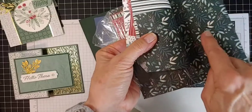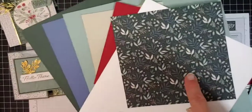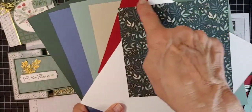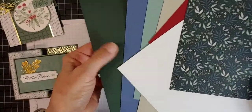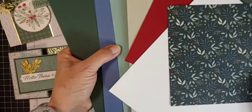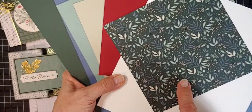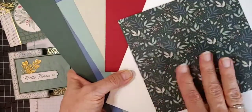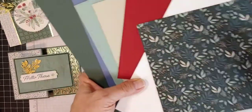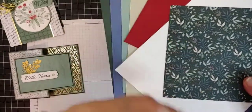And I'm going to highlight this piece especially because in this piece of paper, every single one of the colors are in it. There's the Evening Evergreen, the Misty Moonlight, the Soft Succulent, Sahara Sand, Cherry Cobbler, and the white. Now on the back, you've just got the Evening Evergreen. But I think this is so awesome because you can pick any of these that you like